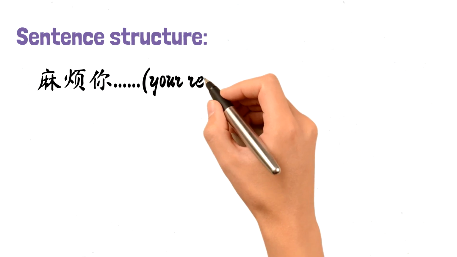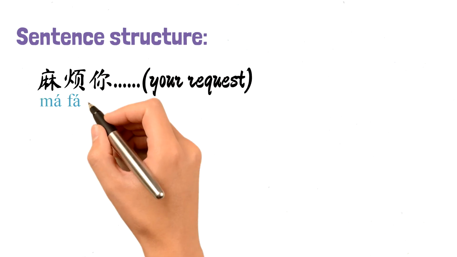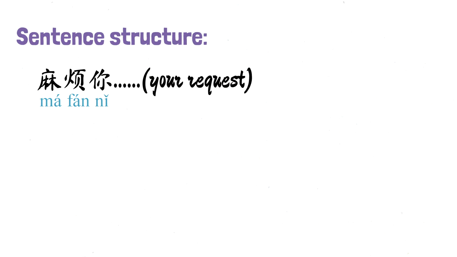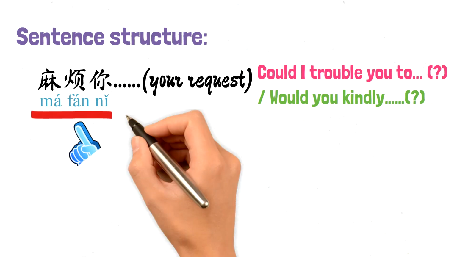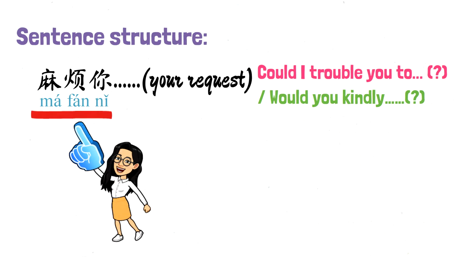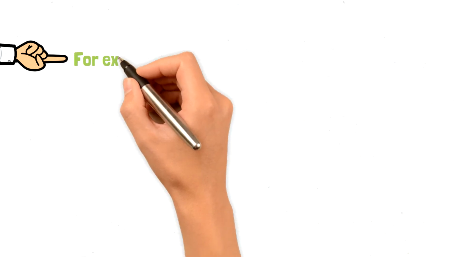Let's look at the sentence structure. 麻烦你 Could I trouble you too? Or would you kindly? We place 麻烦你 in front of the sentence. I will use these examples to explain it to you so you will understand it a little bit better. For example,